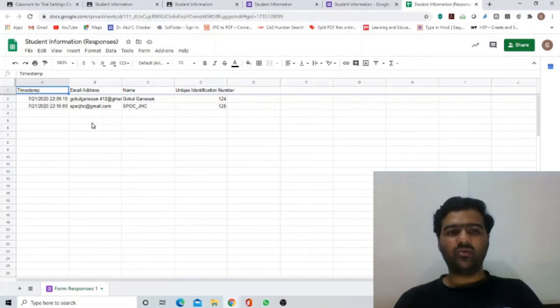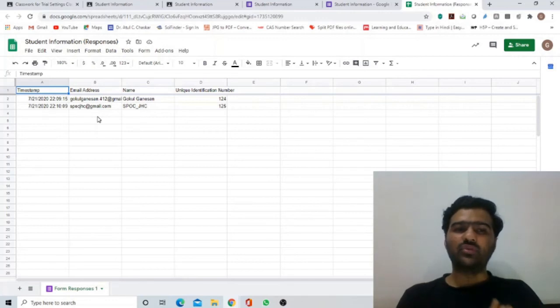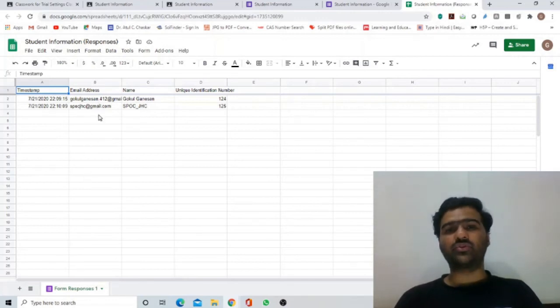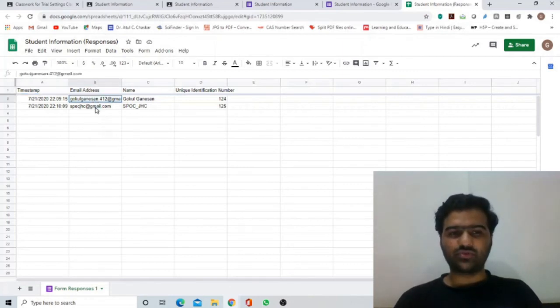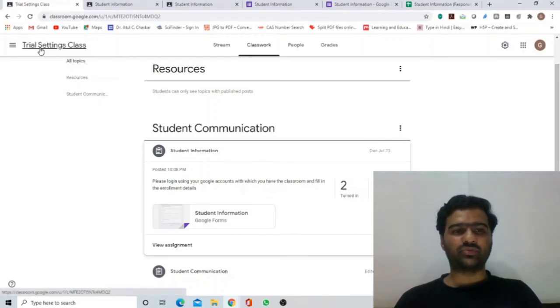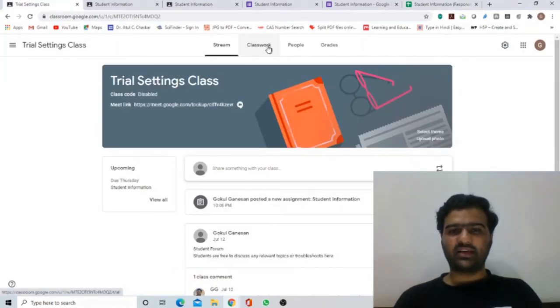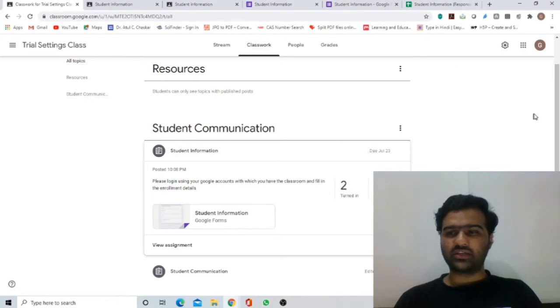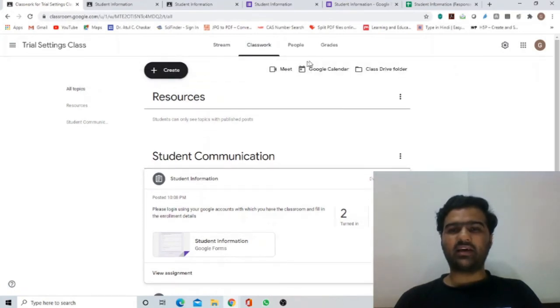What you see now is a column that's going to be very crucial for you to link the Google Meet to your Google Classroom, which is all the email IDs, which you're going to use to populate the guest list on your Google Meet. So what I'll just do is select all the email IDs that have come in this column and copy them to my clipboard. Right. Simultaneously, I go back to the classroom that I have, go to classwork,